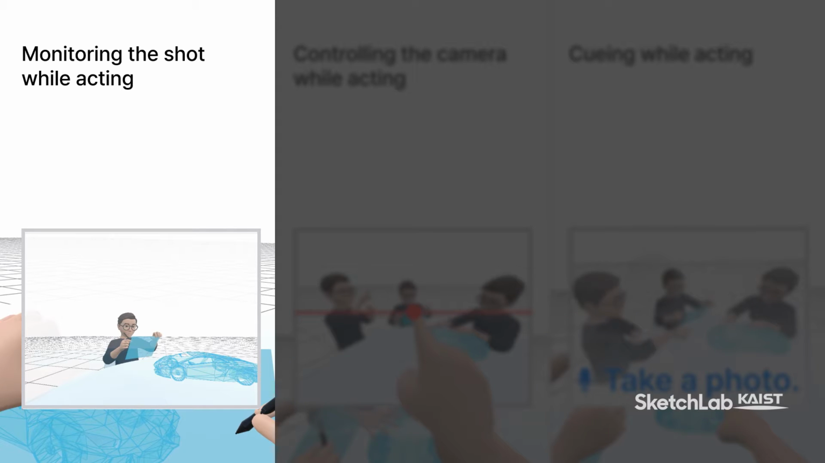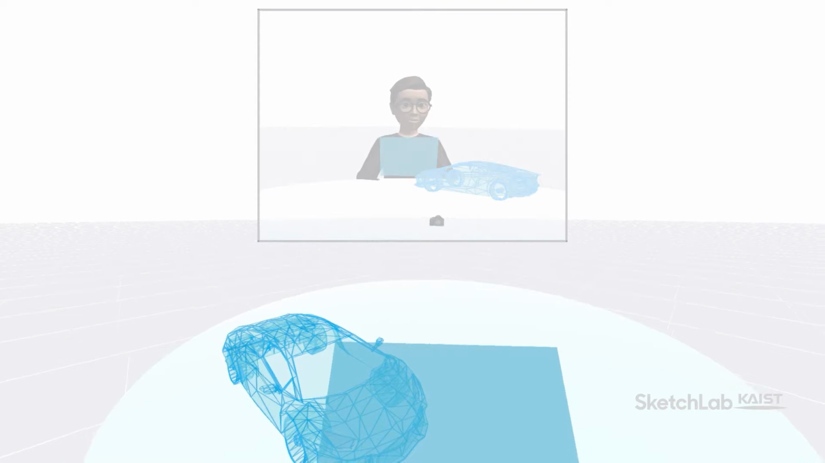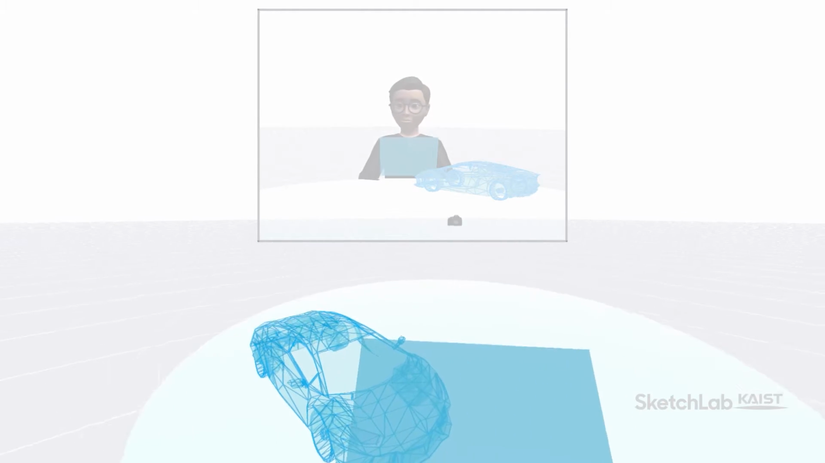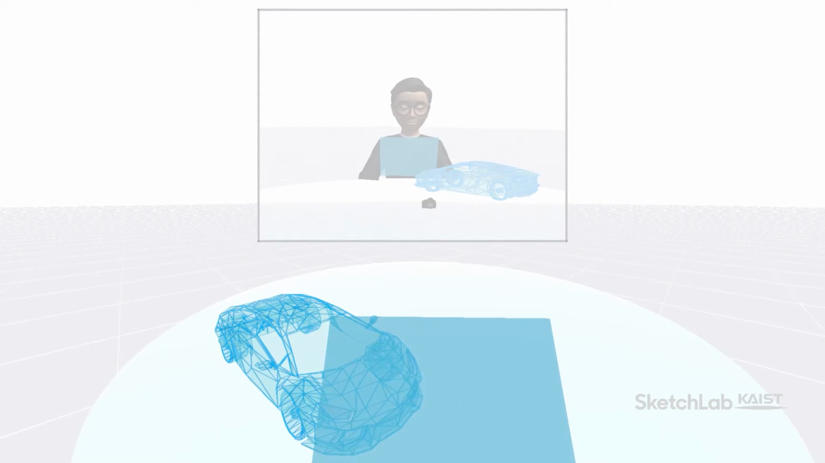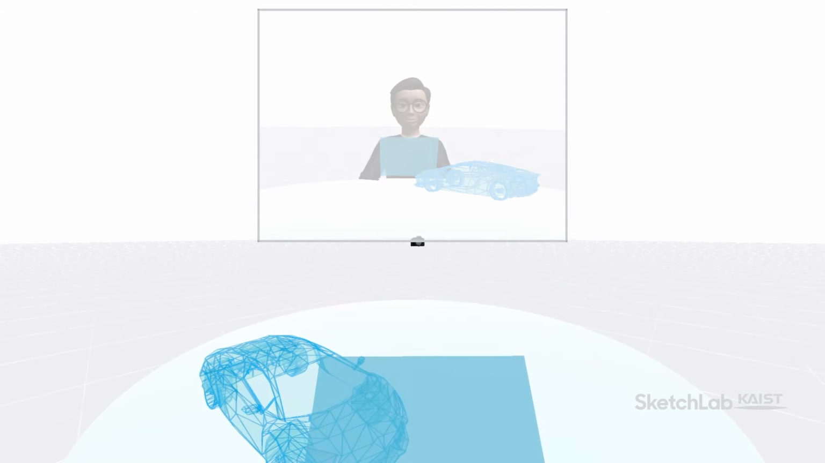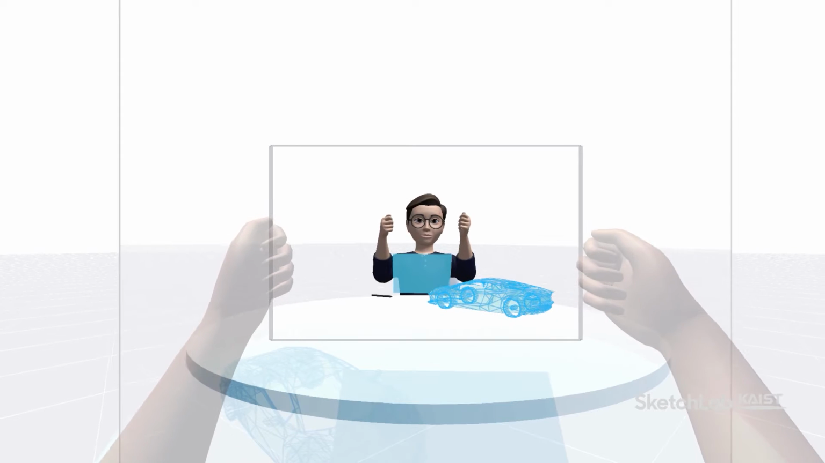For monitoring the shot while acting, we introduce the interactive picture frame, a semi-transparent rectangular panel that displays the real-time view from the camera and follows the user's head. The interactive picture frame lets the user look at both the VR scene and the shot in the camera at any time while acting. The user can also grab the interactive picture frame to relocate it, change its aspect ratio,